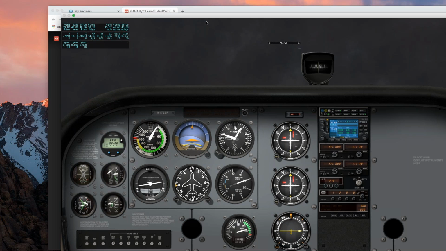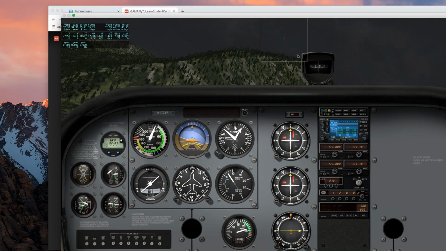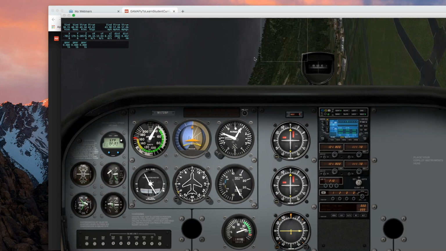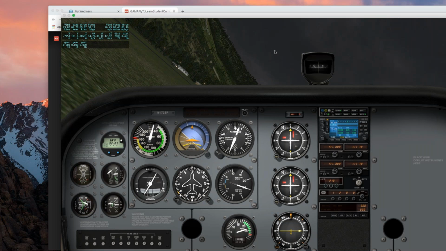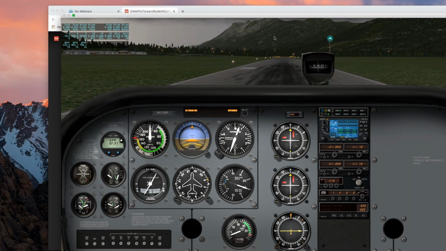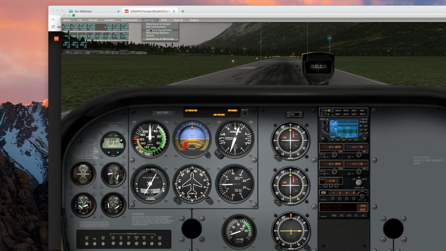Now let me go back outside the airplane. Well, no, let's unpause it here. I've got my square. I'm going to pause it. I'll put the nose down. Oh, pause. I just crashed. My space bar didn't pause in time. So I just got it here. And what you can do is,